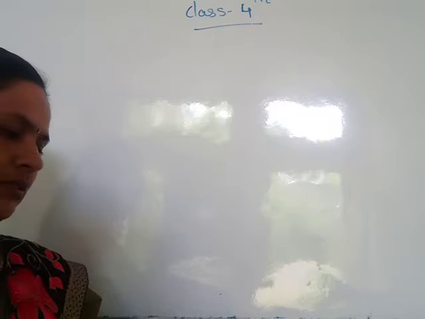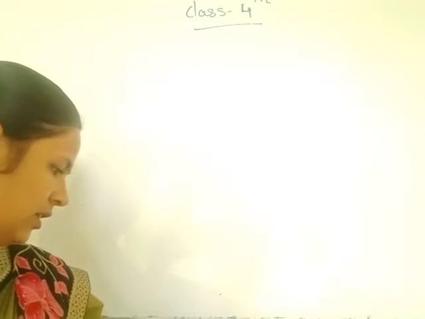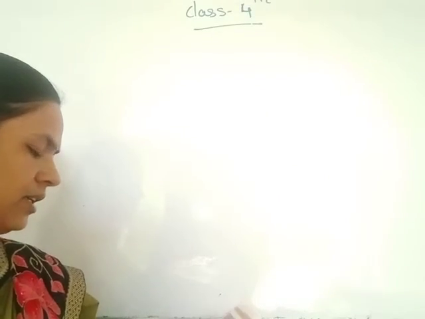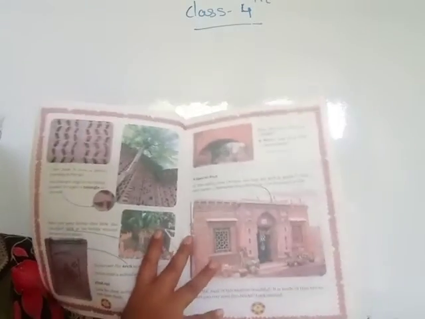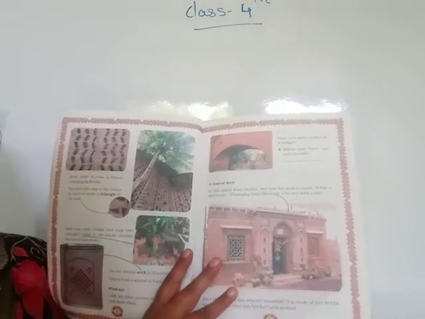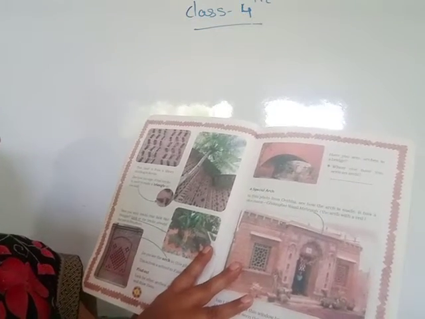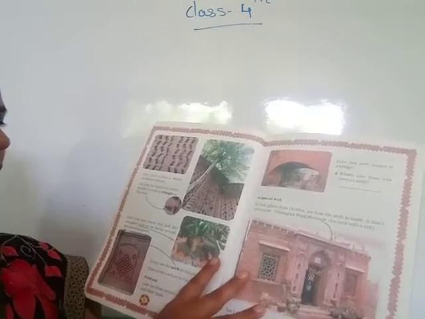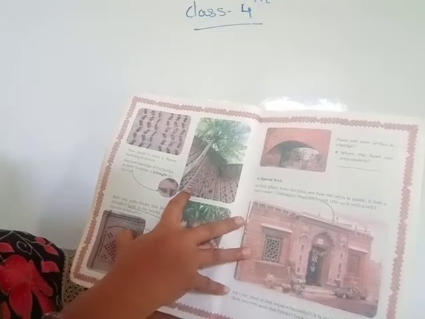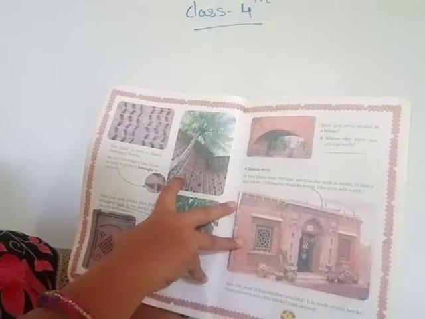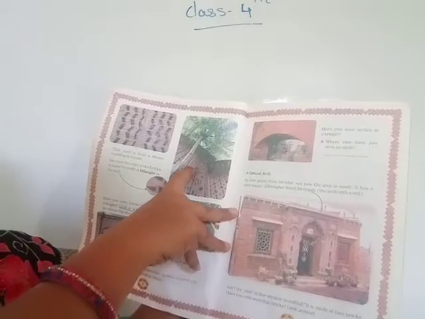Next one, you see here, page number 8. The jali is from a library building in Kerala. In the library building in Kerala, you see this jali pattern. See how the edge of these bricks is used to make a triangle in the wall. You see these shapes here. All these shapes are triangles.